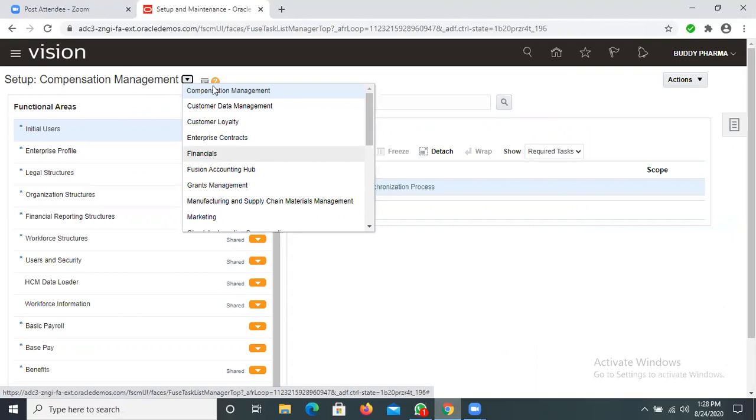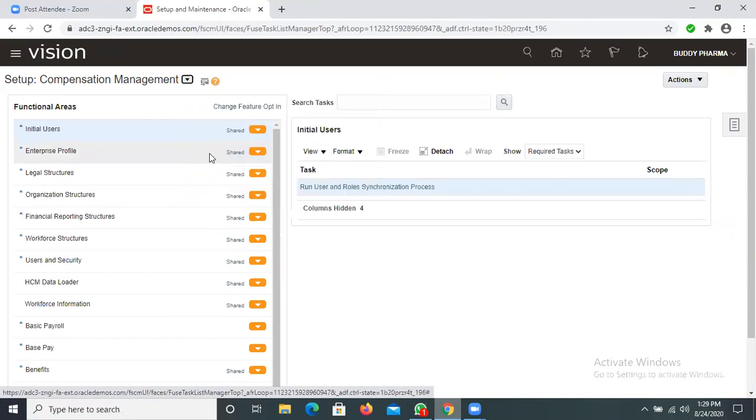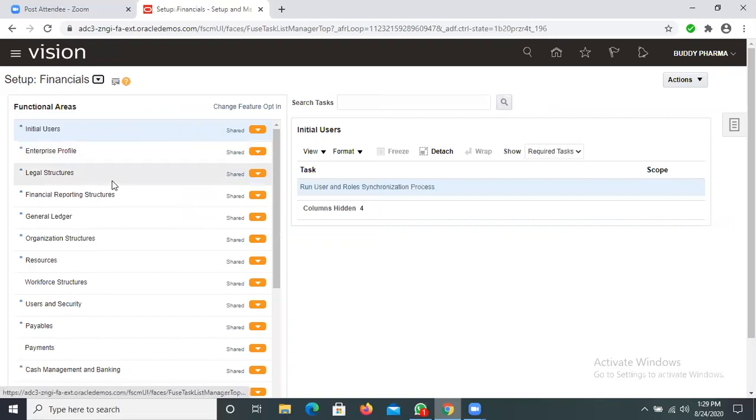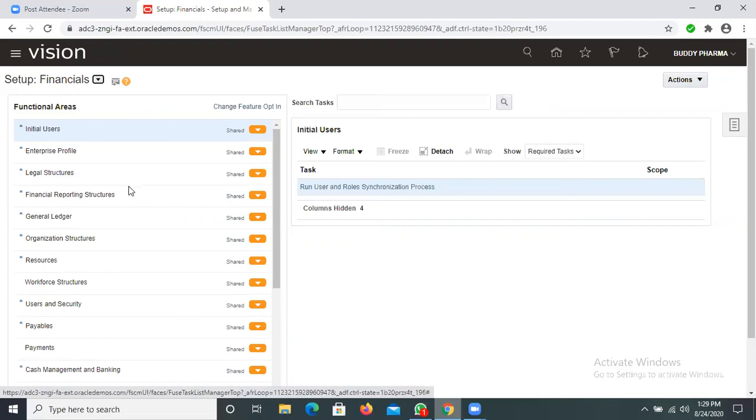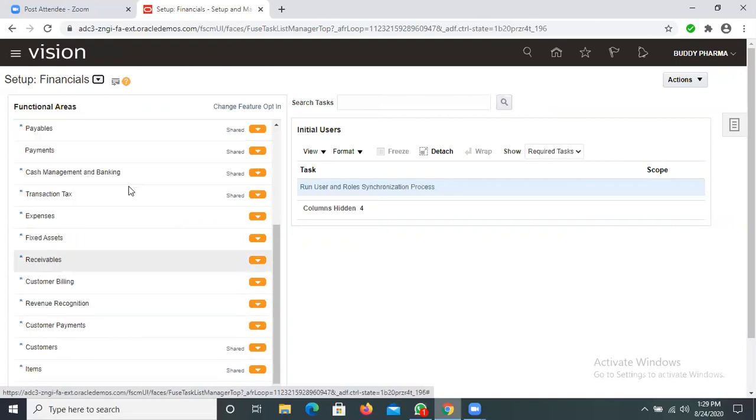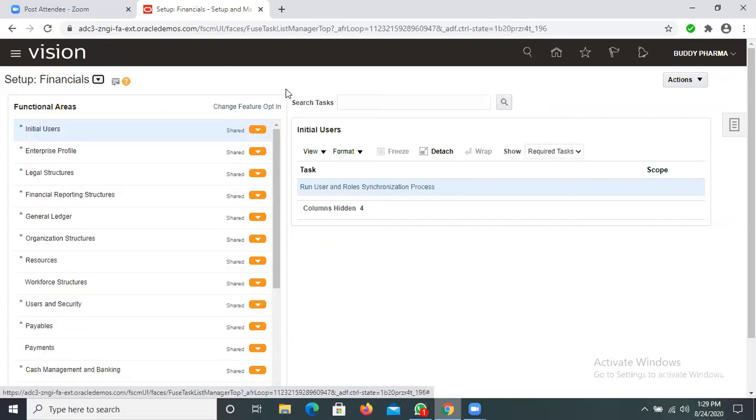These are all called offerings. Financial is one offering. In that, these are all called